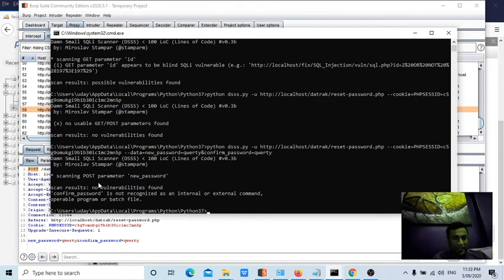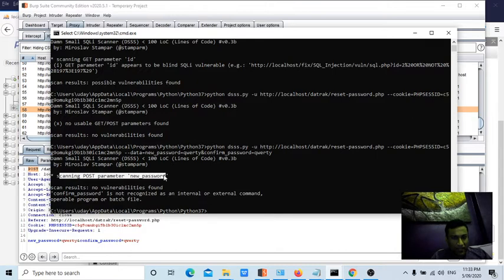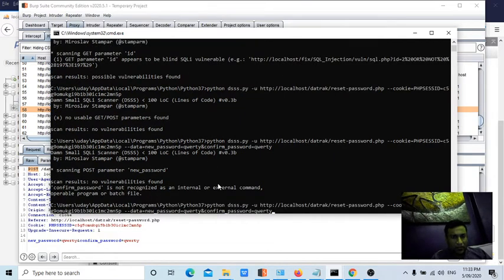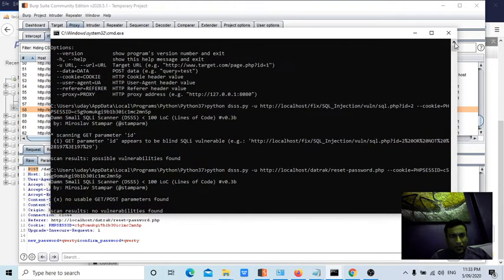Very nice, it is showing scanning the pages, but confirm password is not recognized as an internal or external command. Let me see the thing. --data is saying to put it within double quotes.